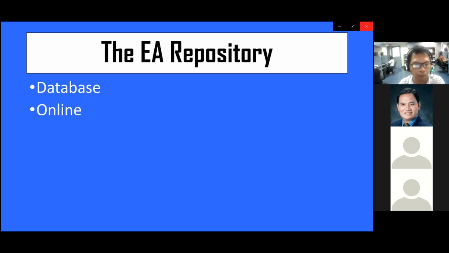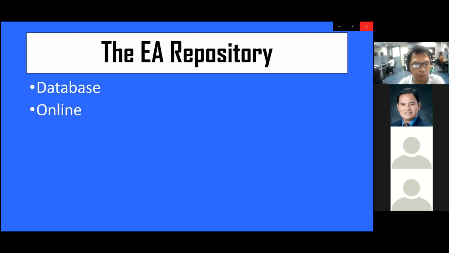And lastly, also important in enterprise architecture is what we call the repository. Since we're dealing with a lot of data, a lot of documents here, we have to have a repository. It could be both a local and global repository of all the databases, all the data, all the documents, and this repository should be accessible to every stakeholder: the employees, the executives, the managers, and also, most importantly, the people who make the decisions within the company.